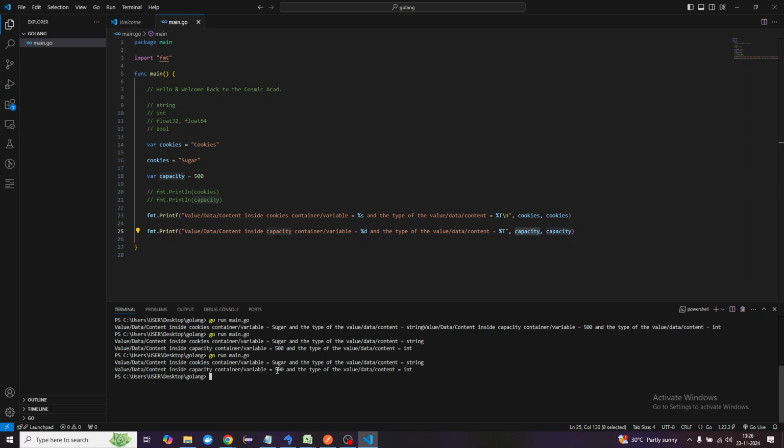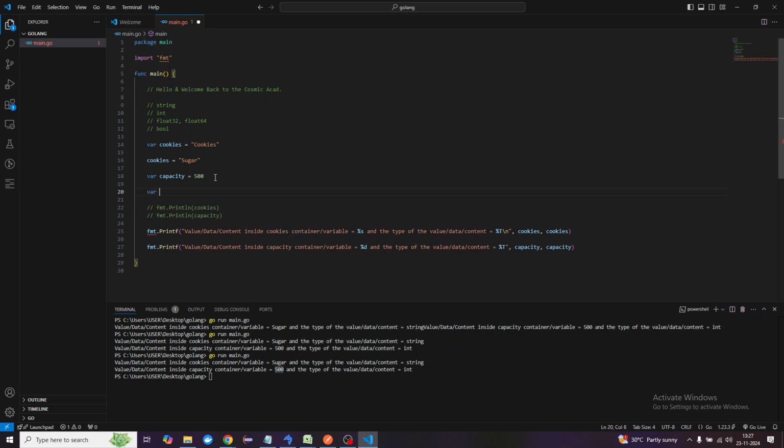We can see it works in the same way, right? So this is how we define a string and an integer, and we are going to define a couple more variables. This time I'll just use float32, which is of type, it's just decimal data, right? And how can we do that? So let's see. Let's say amount